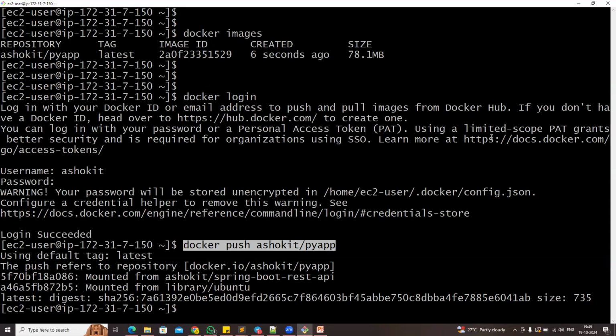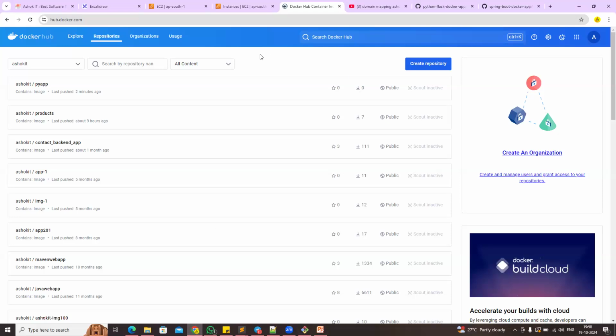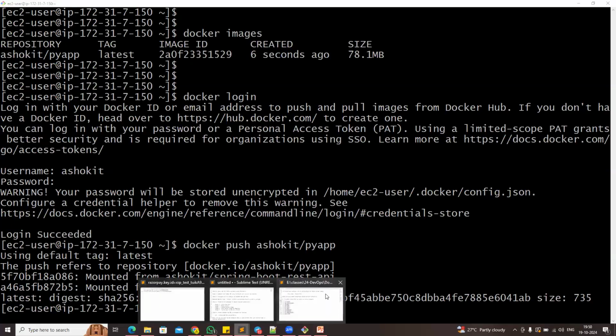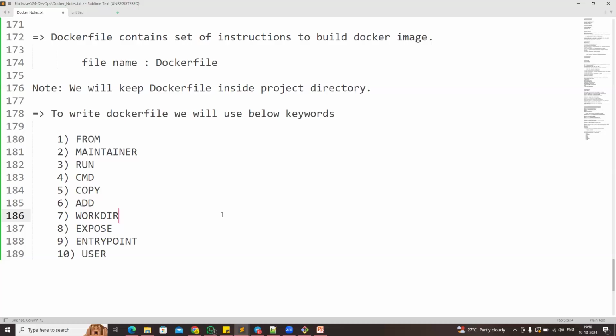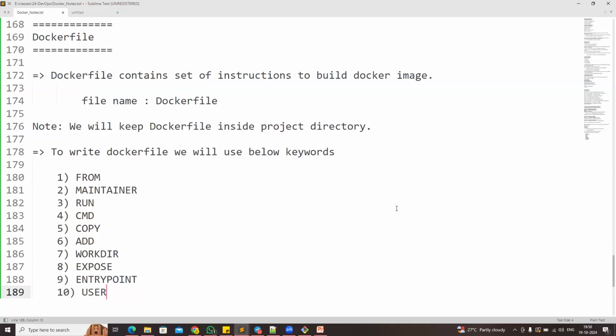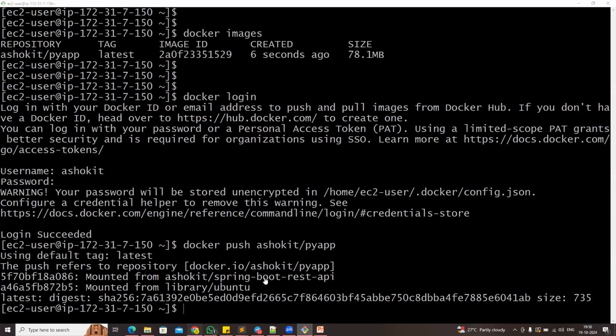Docker push. Before doing the Docker push, first what do you need to do? Docker login. You need to create one account in Docker Hub. Then you can log in to your Docker Hub account by using the docker login command. Then you can push the Docker images into your Docker Hub account. So I hope you got the clarity. What is a Dockerfile and how to create a Dockerfile? Just a basic Dockerfile. This is the name of the file. Once the Dockerfile is created, how to create a Docker image and how to push the Docker image into